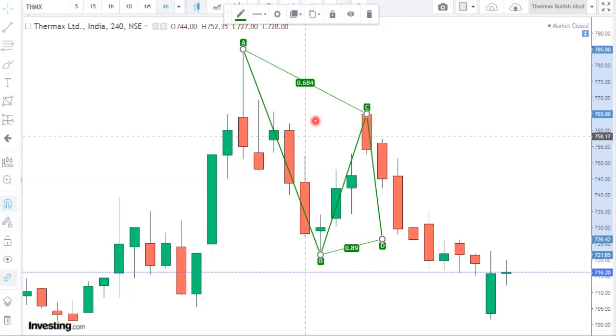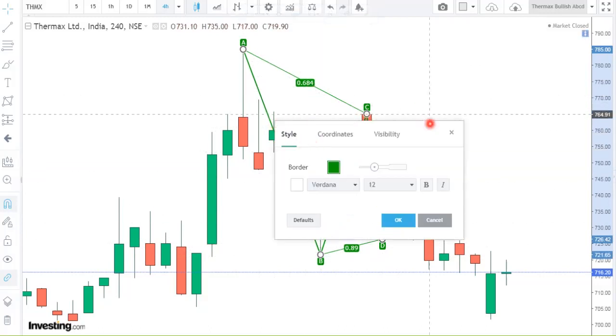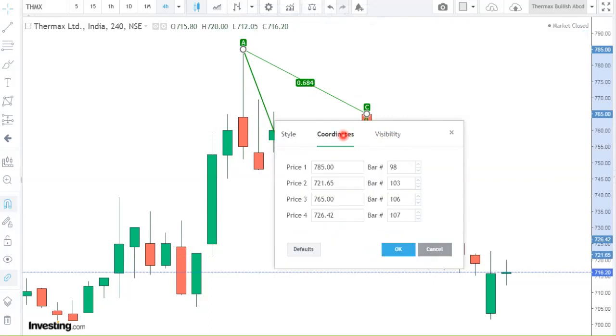To find the D point, simply double click on this pattern maker. This small window will open. Style, coordinates and visibility. You need to go into the coordinates. Price 1 is A, price 2 is B, price 3 is C, and price 4 is D. We will simply copy paste the first three prices in the Excel sheet.